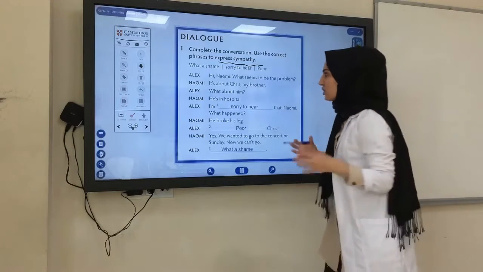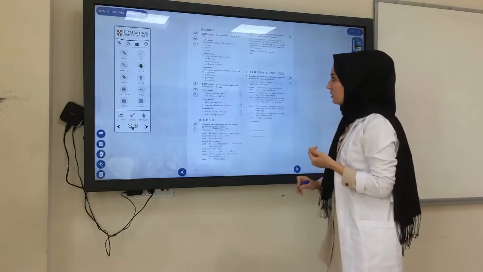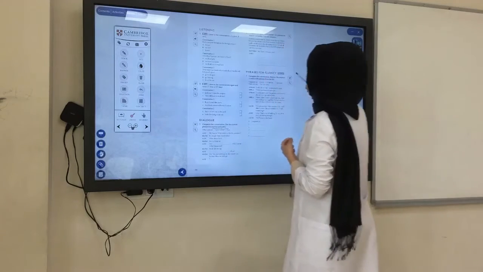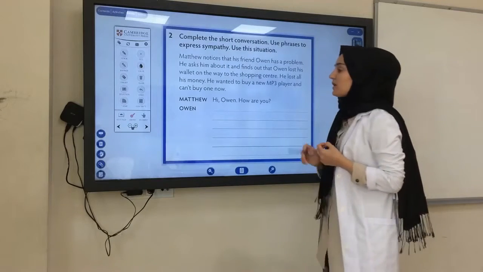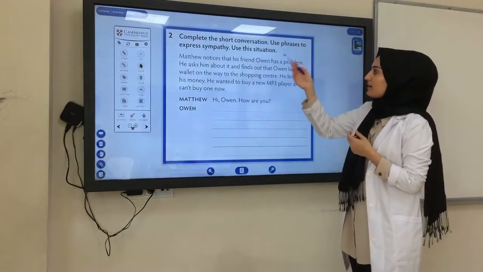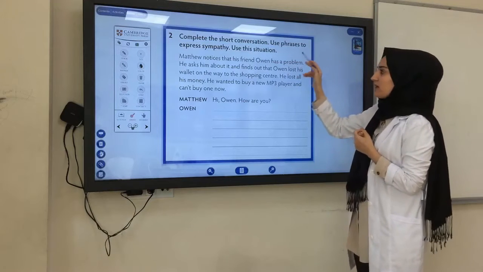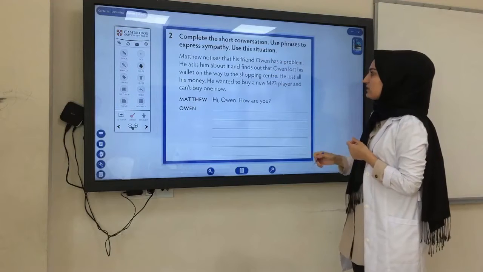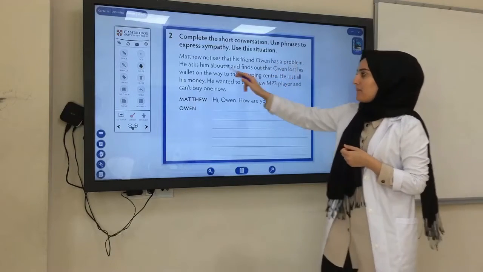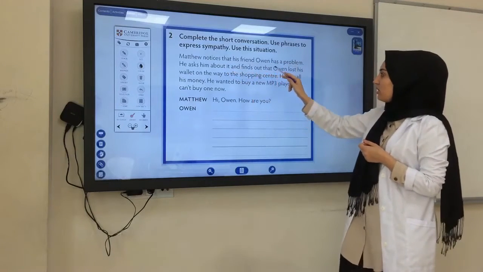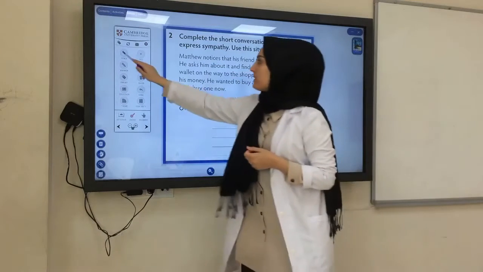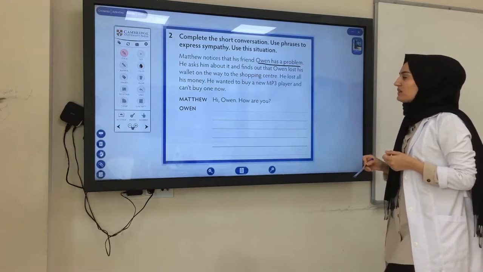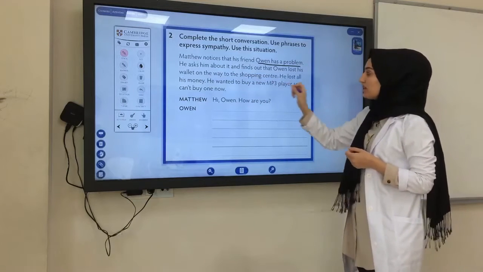Okay, it's a short activity, short dialogue, but we need to learn how to use sympathy words. Now here is your homework. Complete a short conversation. Use the phrases to express sympathy. Remember from the previous activity. Use the situation. Matthew notices that his friend Owen has a problem. He asks him about it, but finds out that Owen lost his wallet